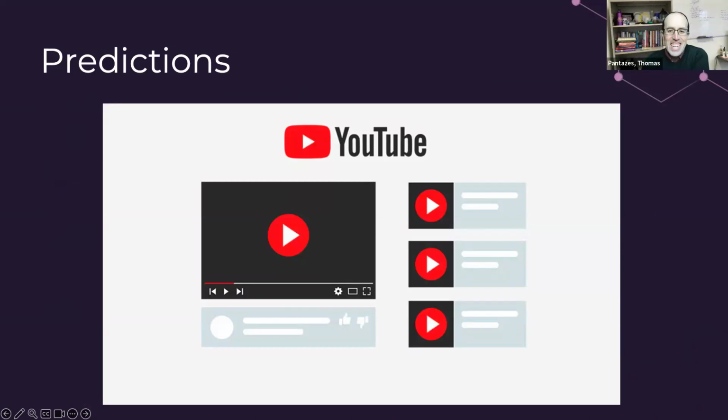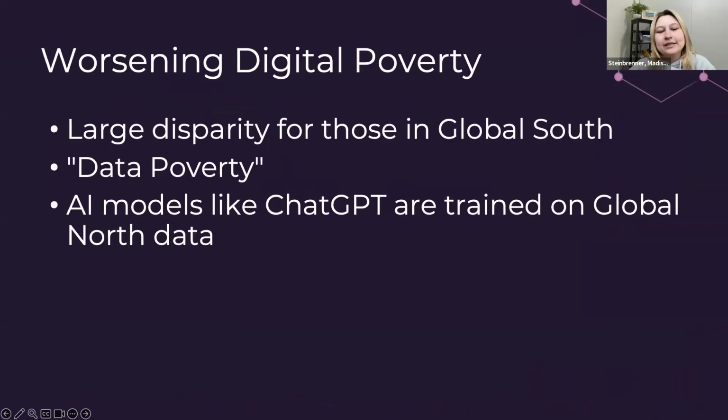And then next up, datafication also brings us to the topic of worsening digital poverty. According to UNESCO, the possibility to create and control generative AI is out of reach for most companies in most countries, especially those in the global south. As access to data becomes increasingly essential for the economic development of countries and for the digital opportunities of individuals, those countries and people who do not have access to or cannot afford enough data are left in a situation